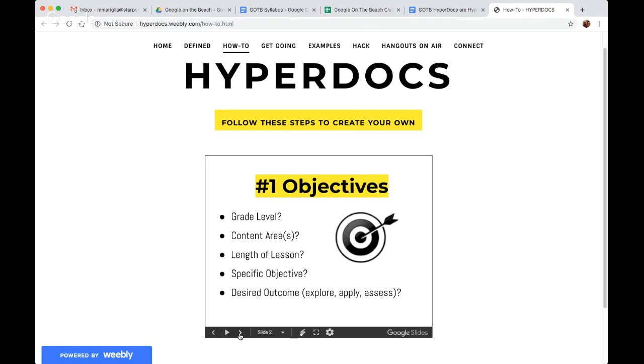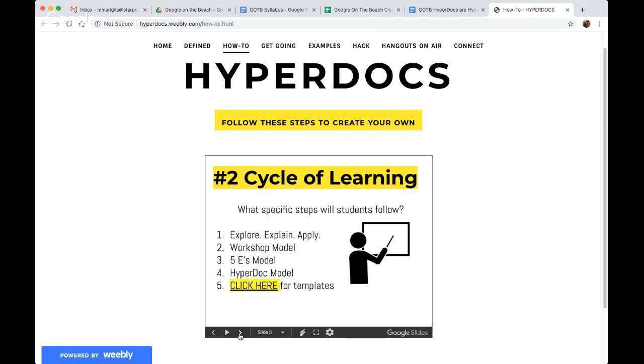They're teachers by nature, so they're going to tell you the best way to create a HyperDoc is to have an objective. That's as old as teaching. Okay, what's our objective here? Do I need to analyze something, apply something, assess something? What grade level? How long is it going to be? The cycle of learning. This is where the girls list their different kinds of ways,